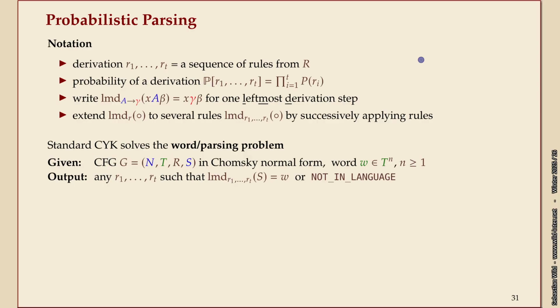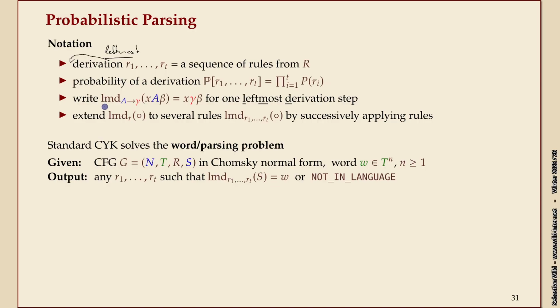How can we generalize this if the grammar has probabilities on the rules? To describe that properly, I finally need some notation for this. So let's say a derivation is just a sequence of rules, with the understanding that really this should be a leftmost derivation, I think, in all the cases where we need it. The understanding is you always replace the leftmost non-terminal, and you first use R1, then you use R2, and so on. The probability of such a derivation, that's what we used before, but informally described, is the product of the probabilities of each of the rules that I used.